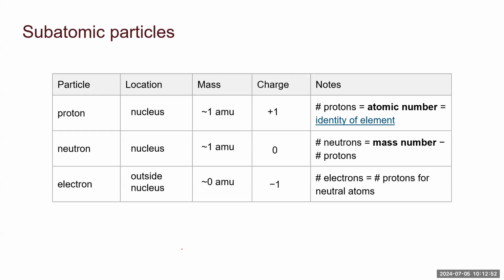For example, if I had one single atom of francium, if I was able to capture one atom of francium, francium has an atomic number of 87. That tells me that in the nucleus of one atom of francium, there are 87 protons. So 87 positive charges make up that nucleus. In addition to that,